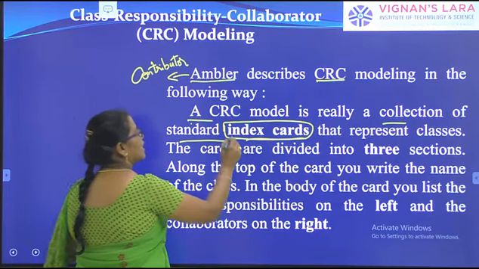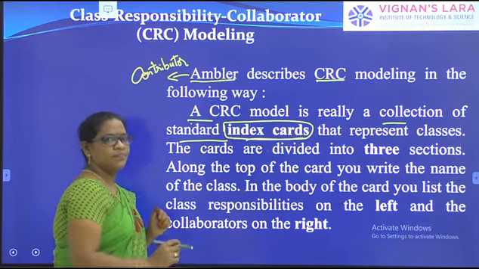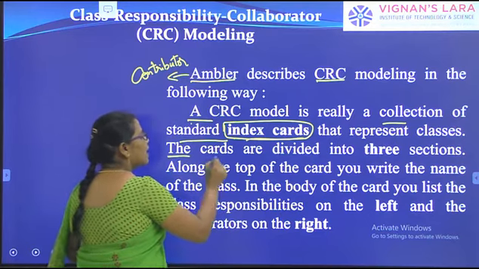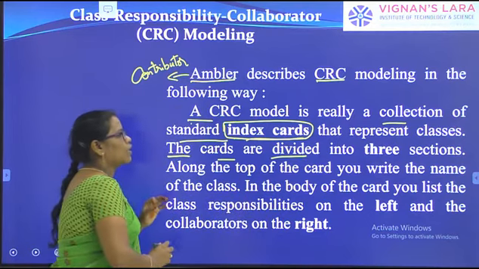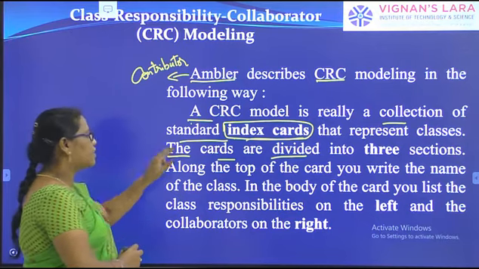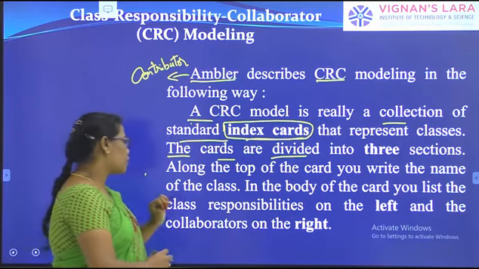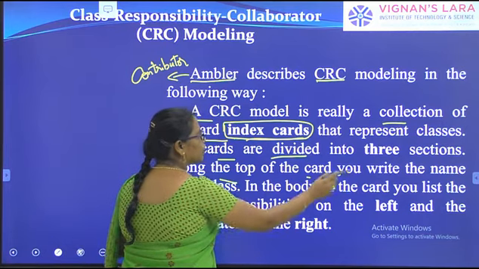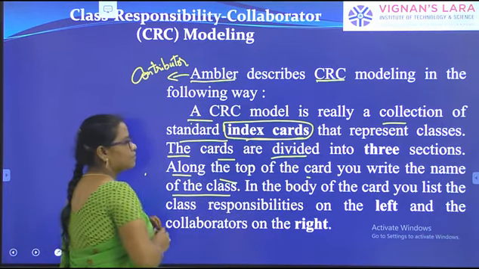So what are these index cards? They represent the classes. Index cards contain only the classes. The cards are divided into three sections. What are those? Along the top of the card, you write the name of the class.